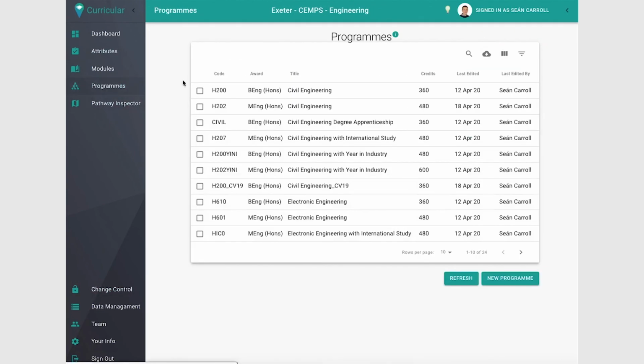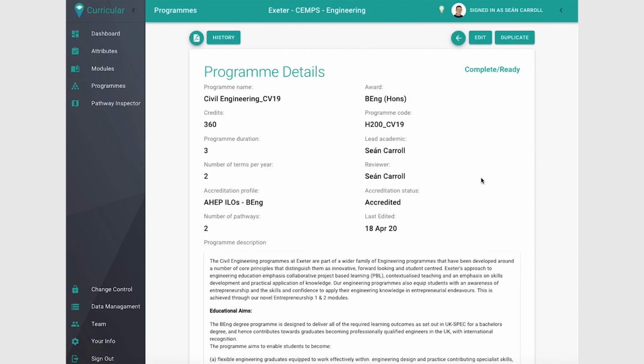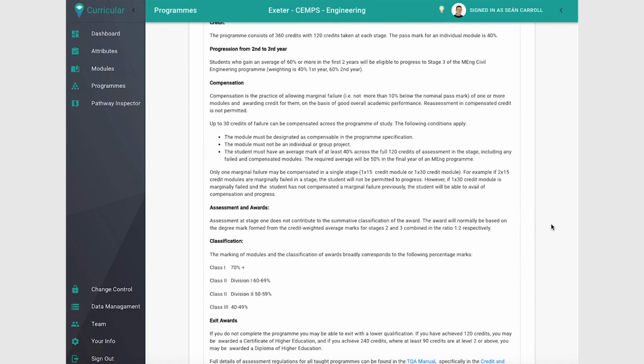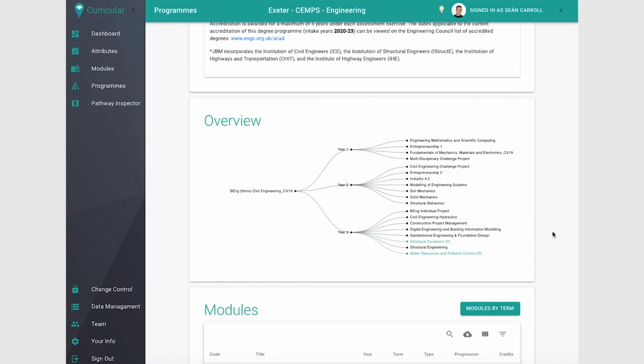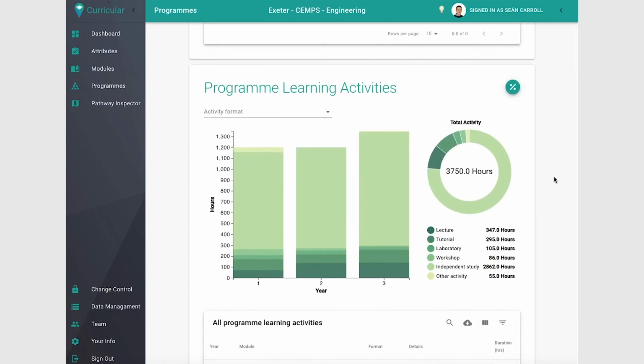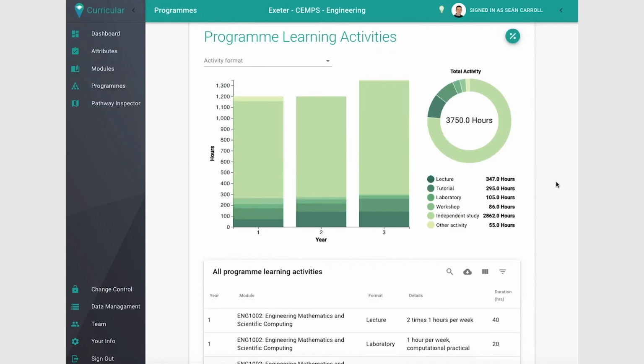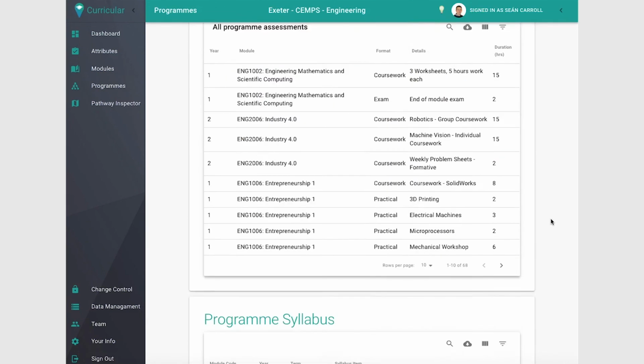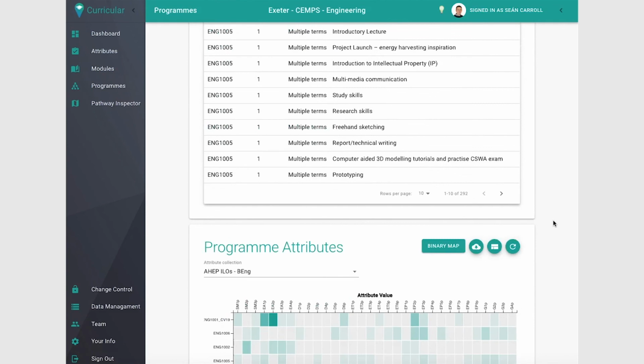So just to recap then, we can go back in and we can look at the CV-19 version of the program, which now pulls in all of its data from the updated modules, the CV-19 version of the modules. And then we can go in and do all of the usual things that we would do with a program. Note here that we have the CV-19 version of the module. We can look at the learning activities in some detail. We would likely see quite a big change in your learning activities because obviously things would be remote, or for at least term 1. You would look at your assessments, you could look at your program syllabus, but most importantly,